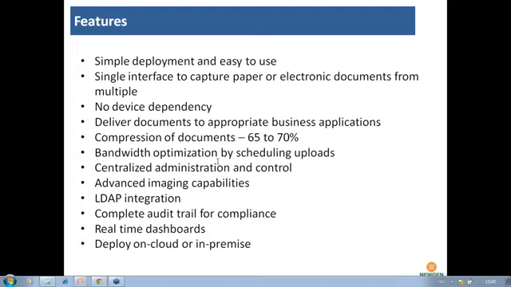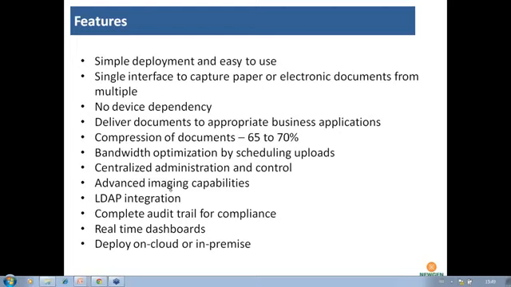Is it easy to implement this capture technique? Can it be used in student education, or is it confined? No, you can implement it in student education, for example, or for colleges also.